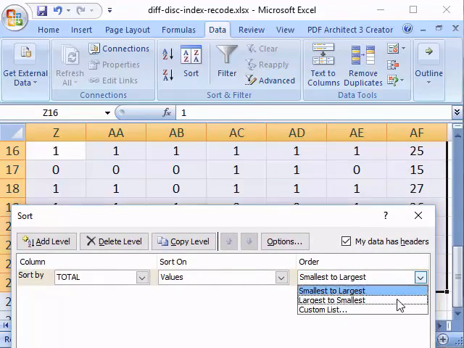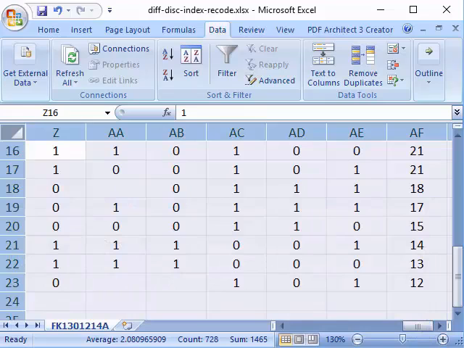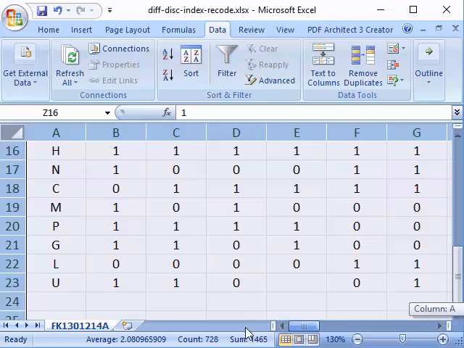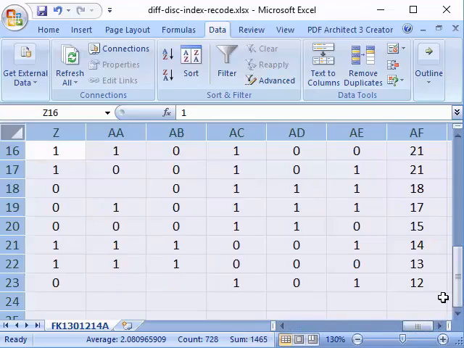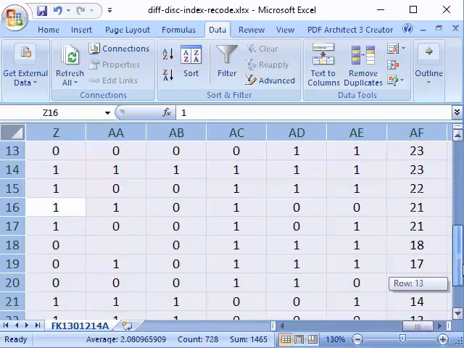We're going to select the largest and smallest. Click OK. So you can see here, the highest mark is at the top, the lowest mark is at the bottom.